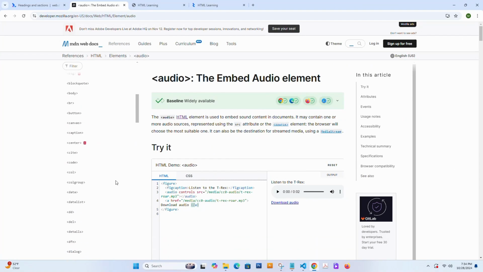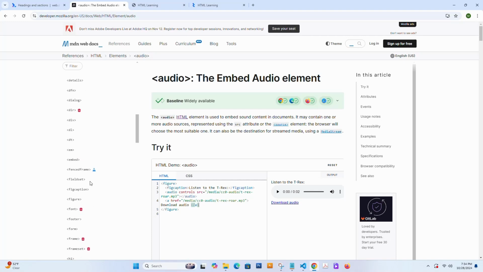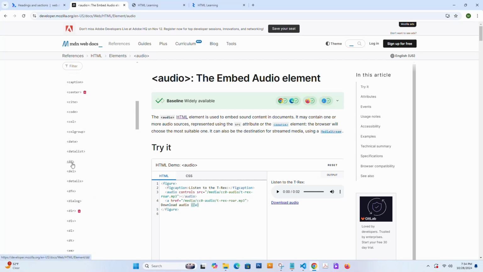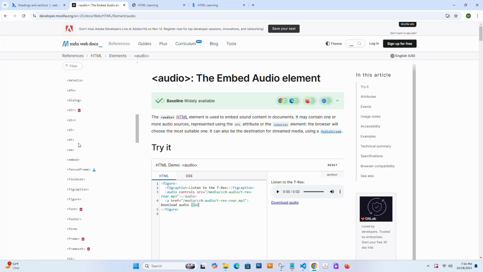So now you start looking for download, starting with D, and we do not have a download HTML element, because if you see it, we have a DA and we have a DD, and now you go to DO and we do not have it. So now it will be trouble for you. But like I said, we have internet resources. You can